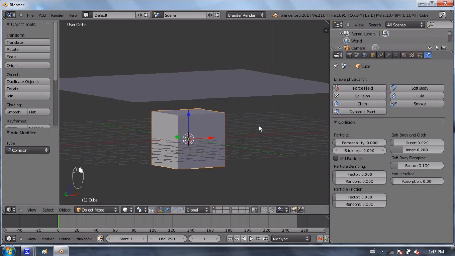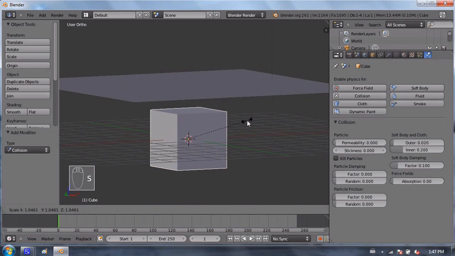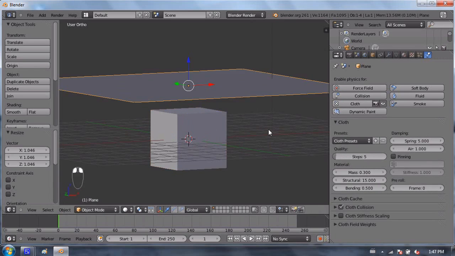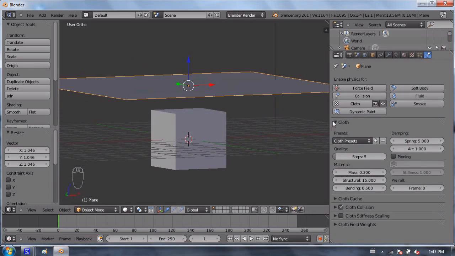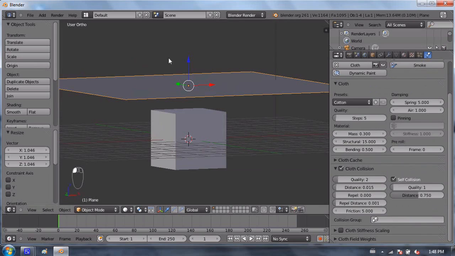I'm actually going to make my cube a little bit bigger, just because I've tried this out before and that seems to be a little bit different. Okay, so let's go ahead and make our cloth a preset. Let's do maybe cotton this time. Cotton's a very common one. Let's go down to our cloth collision and enable self collision so that the cloth won't go through itself when it hangs below the cube and folds in when it swings in. And so I think that's pretty much good.